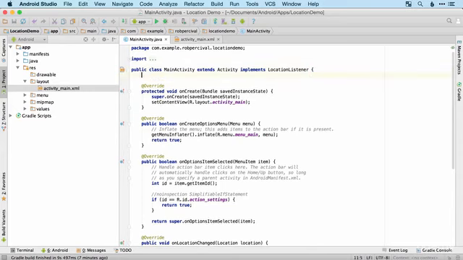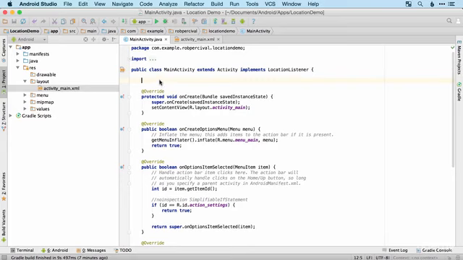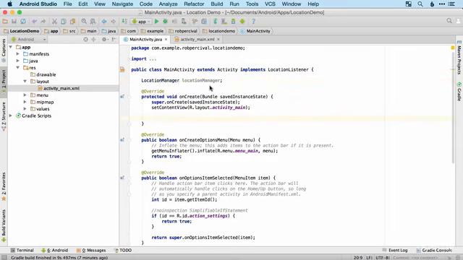We're going to have a global variable set up now called locationManager, or it'll have a type of LocationManager, and we'll call it locationManager as well. So if you've worked with location on another platform such as iOS, you'll know that there's something very similar there, and LocationManager essentially allows us to access the user's location and all sorts of information about it throughout this class. We start by setting up our location manager,